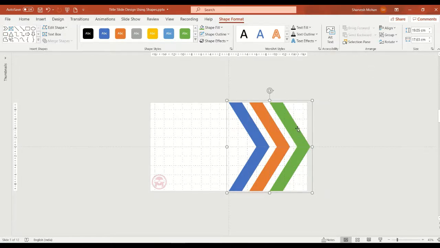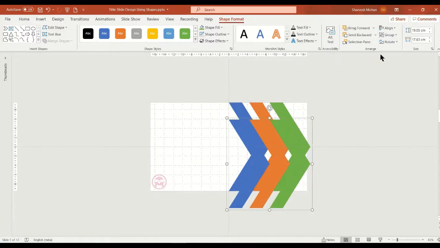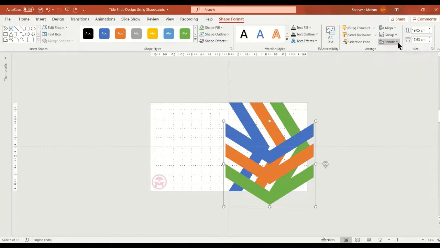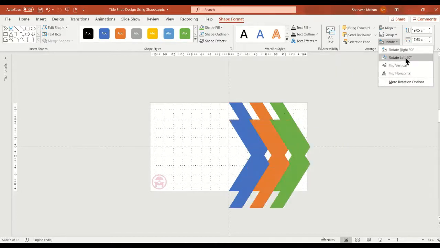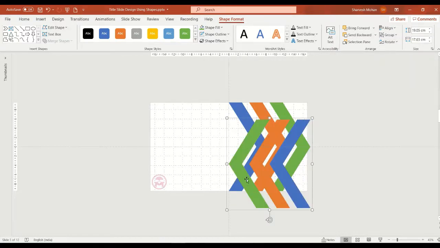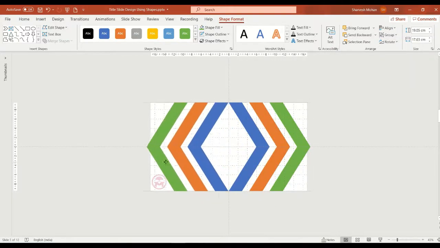And to make a duplicate of it, Control D, and go to rotate 90 degrees, and one more rotate 90 degrees, and just put it opposite of it.